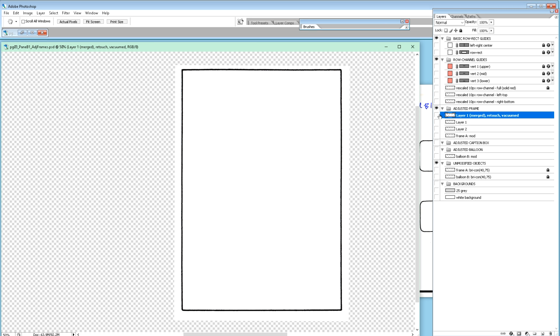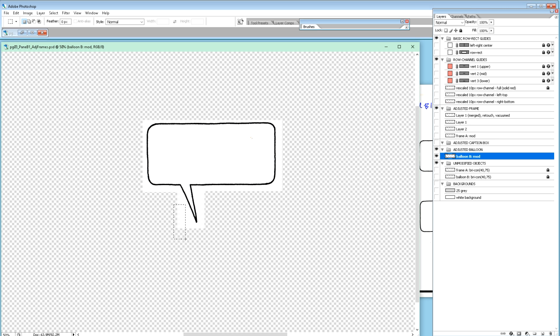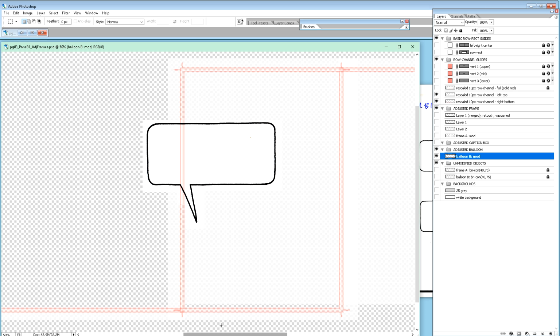Alright, so now it's the balloon here we want to do. Let's remove as much white as possible so we don't have to vacuum. And let's reinstall the red